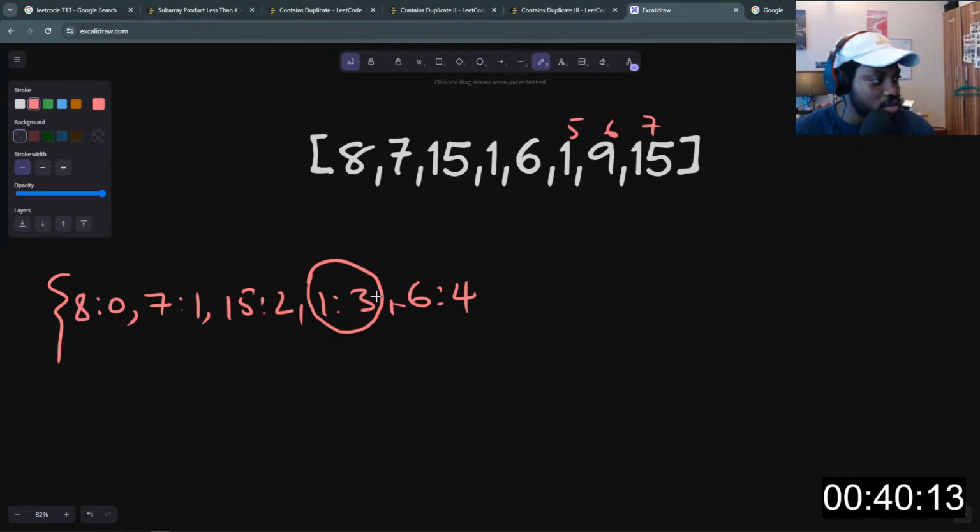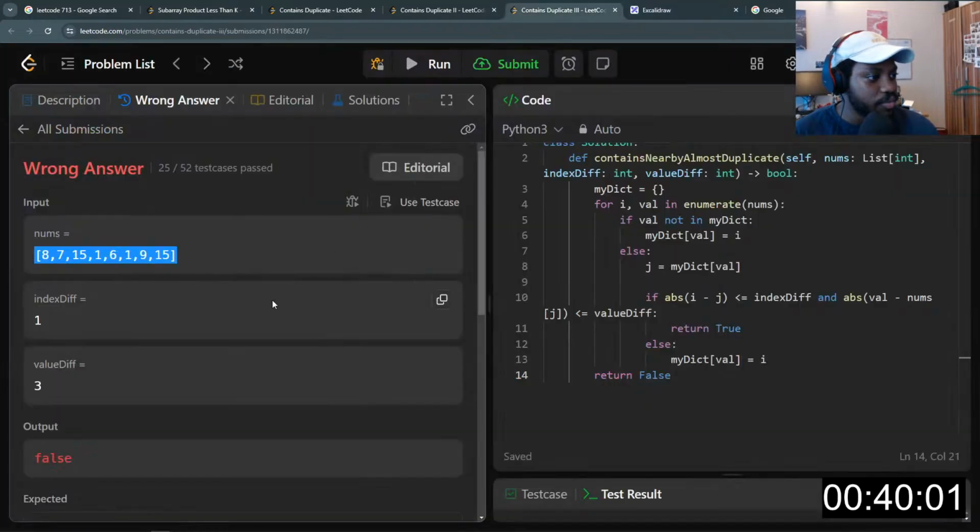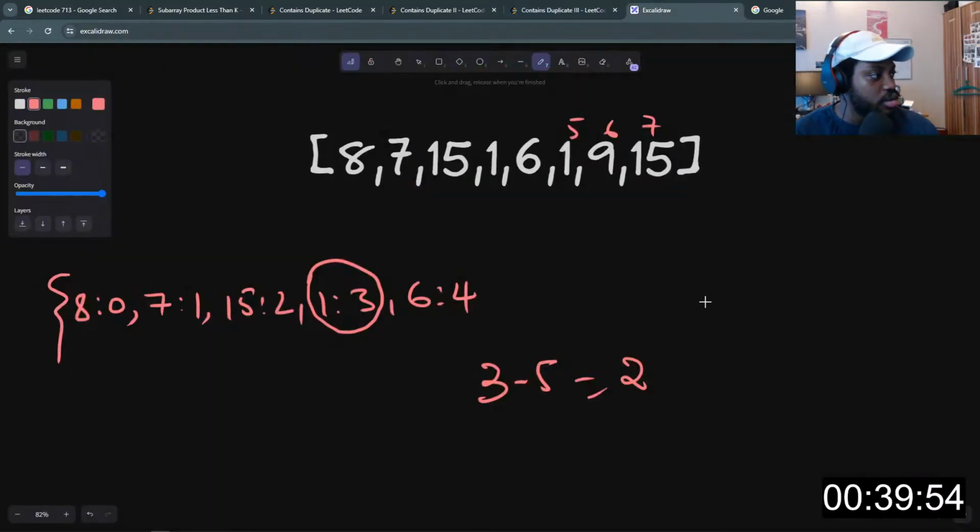So let's find the difference between the two indexes. So this will be 3 minus 5, right? 3 minus 5 is 2. What is our k? Index diff should be 1, and value diff should be 3. So I'll say value diff is 3, index diff is 1.